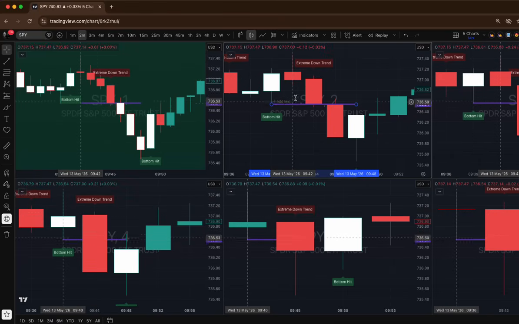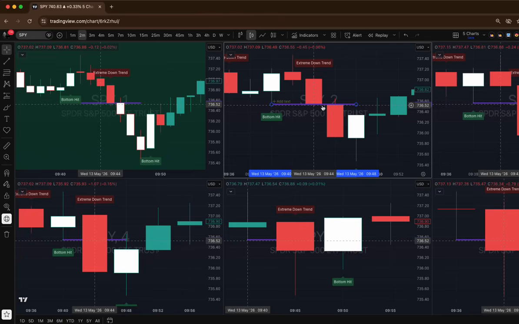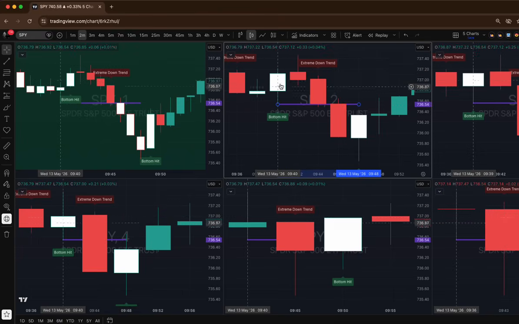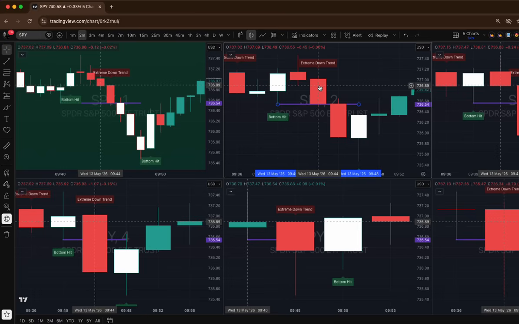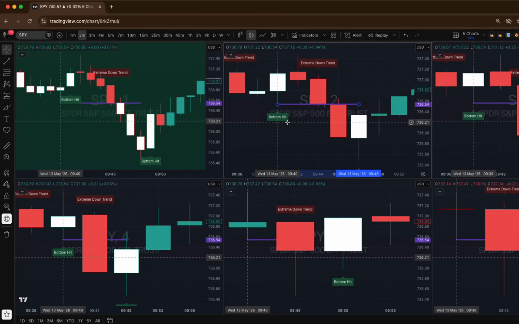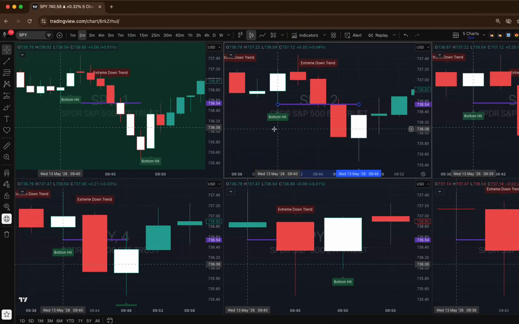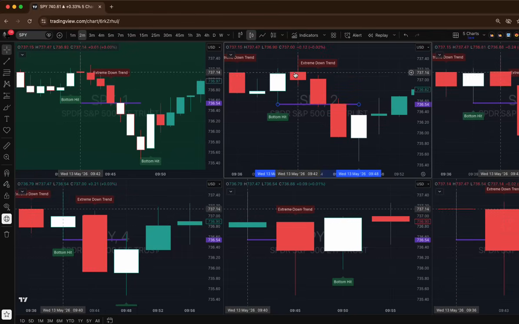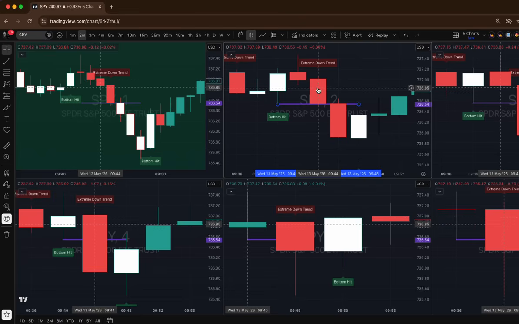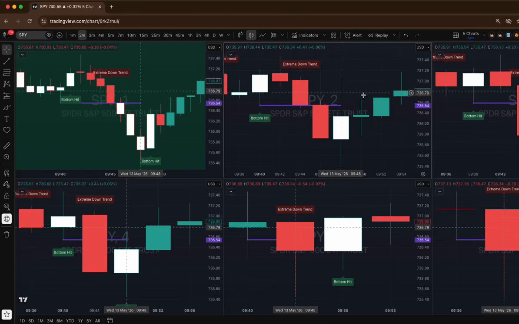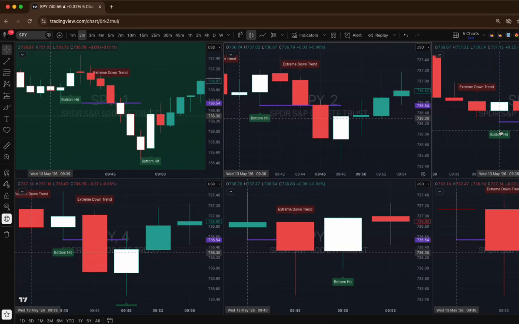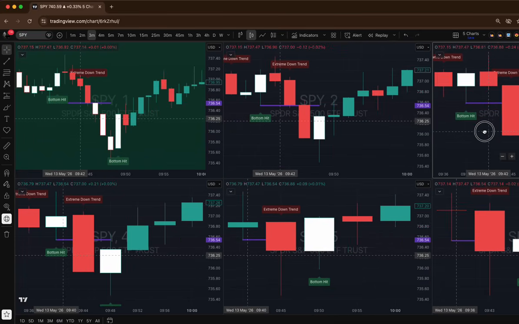So this one, before the bottom hit stop loss happens, you will start getting extreme downtrends again. So on the 2 minutes as well, you got two extreme downtrends, and that basically rejects the 2 minute candle frame as well. So now you rejected the 1 minute and you rejected the 2 minutes, and the trade that you got in here, as soon as you have the extreme, you just close that trade for a 10 or 15% loss. If you didn't have the 20% stop loss, you can get out for like 10, 15 something. And now